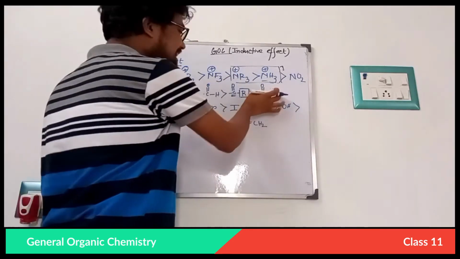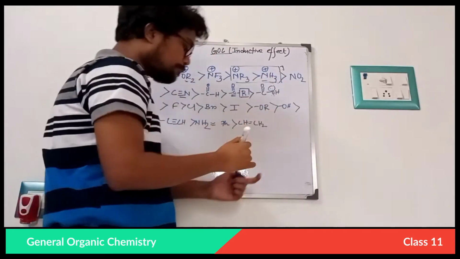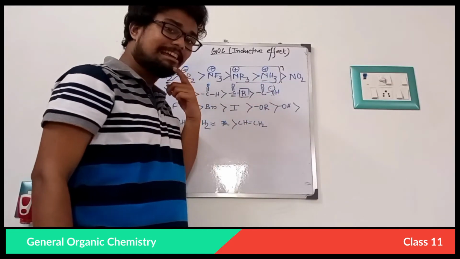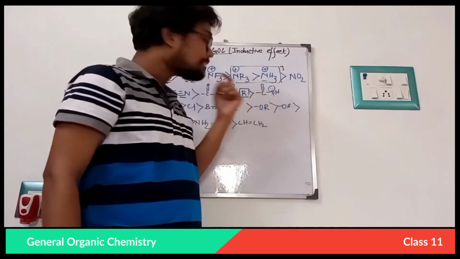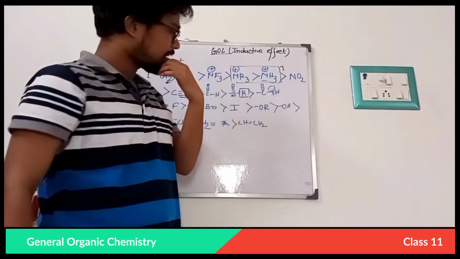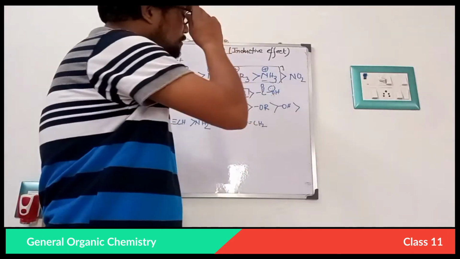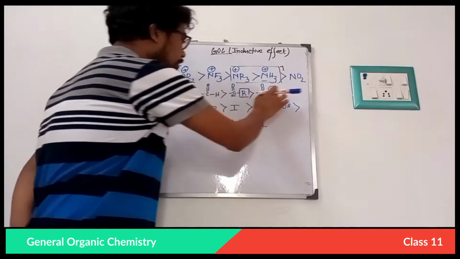Now, in the case of acid, it has a non-bonding electron, that means a lone pair is present. If a non-bonding electron is present beside the carbonyl group, the C=O group, then the electron deficiency of this carbon decreases. That is a resonance effect. It will be more effective when we discuss the resonance or mesomeric effect. Fine. So this is the order of this side.